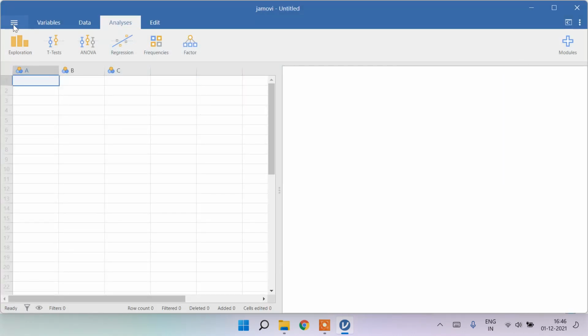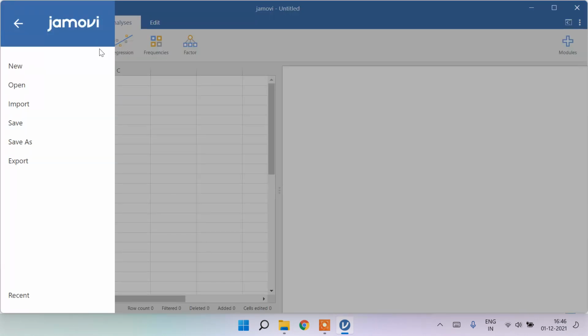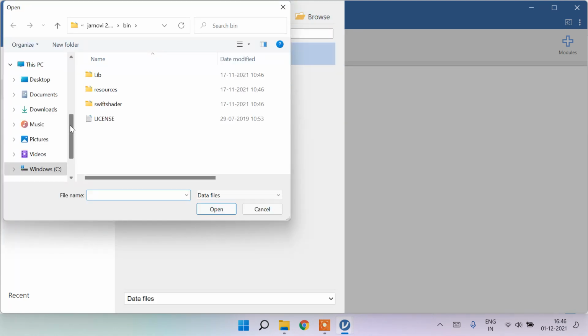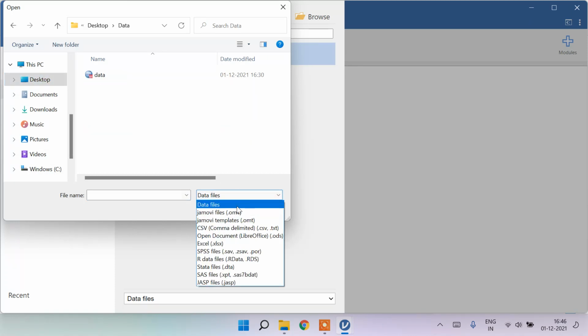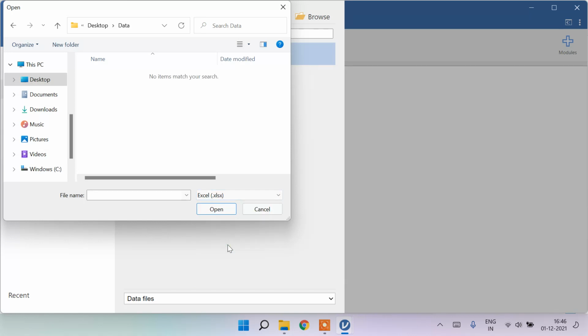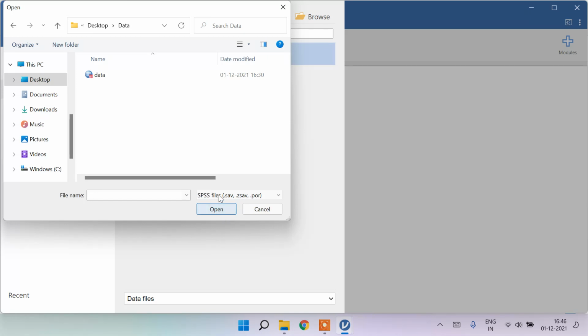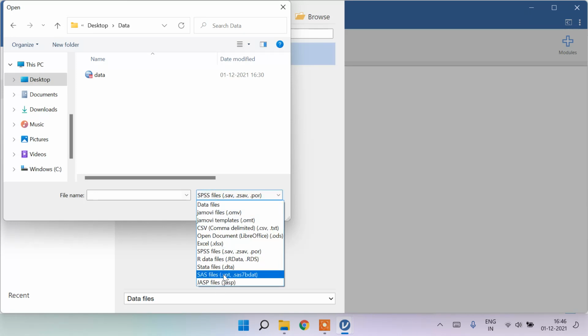Now, in terms of importing the data, you go to these three horizontal lines and click open, and then you can click browse and locate the folder where you have saved your data. Here you can import data in Excel file, CSV file, and SPSS file format, even R data, SAS file format, and JASP file.